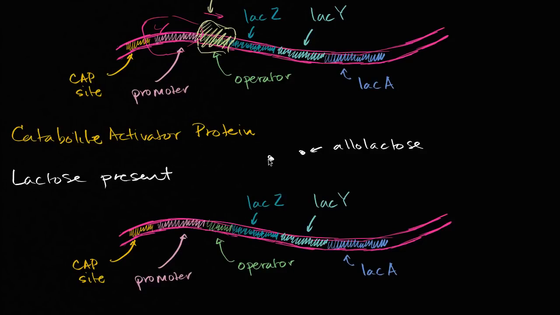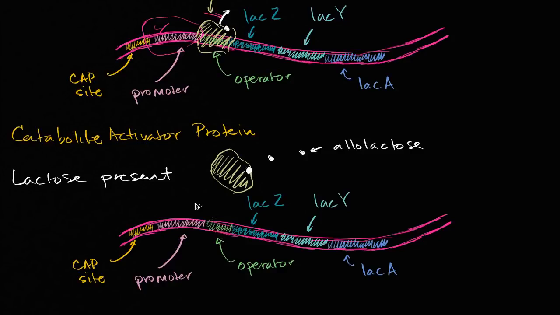And the way that it acts as an inducer is that if it binds to the LAC repressor, the repressor can no longer bind to the operator site. So when the allolactose is present, it will bind to the repressor, and then the repressor is going to leave the operator site. It's not going to be able to bind as well. And so let me draw that. The operator is where the repressor binds. So this is the repressor right over here. You have some allolactose that is bound to it. And because of that, it's not going to bind to the operator.